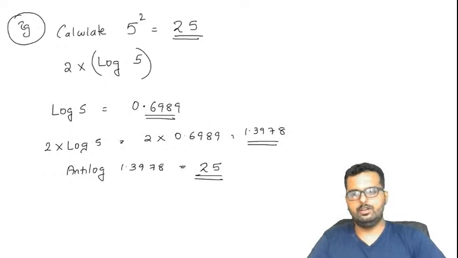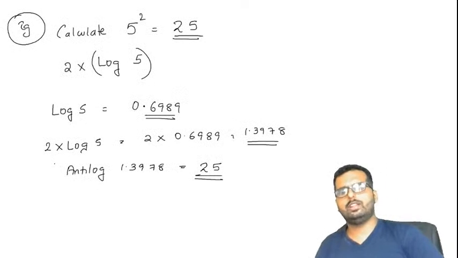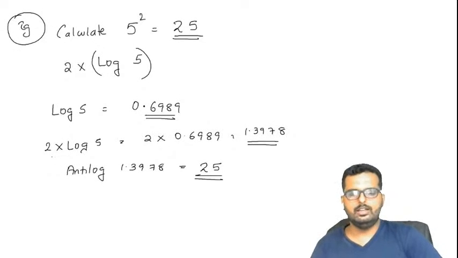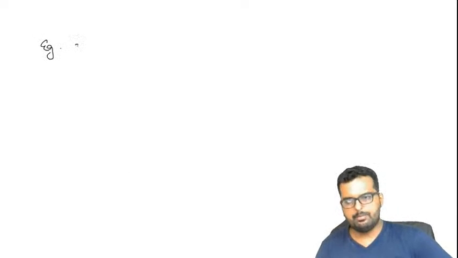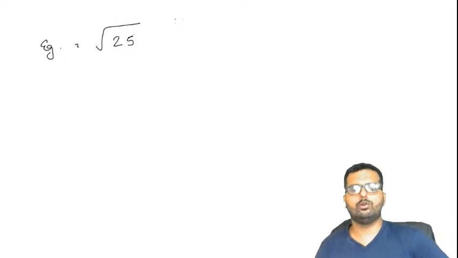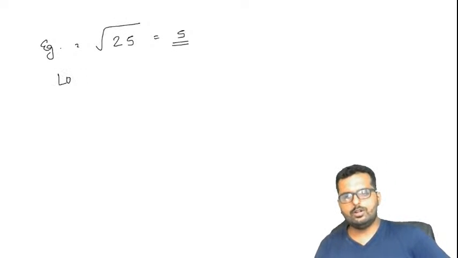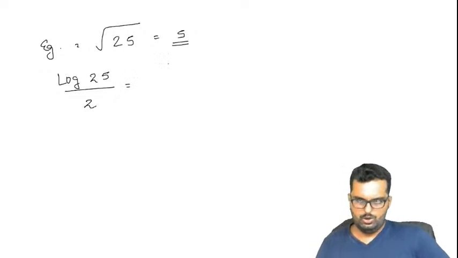Alright friends, everybody is clear with this part. So I hope you have got the idea about what exactly is a log and anti-log. Maybe one more example will make you 100% strong in this. Example, I want to find out the square root of 25. Common sense will tell you the answer is 5. In log, when there is a square root, you divide it by 2. So the answer would be log 25 divided by 2. Log 25